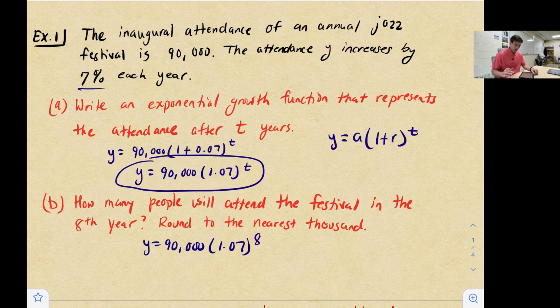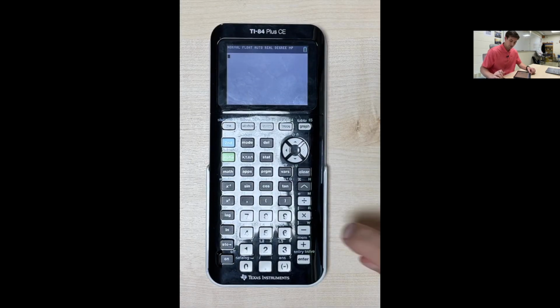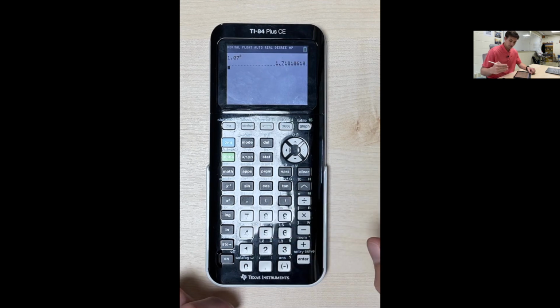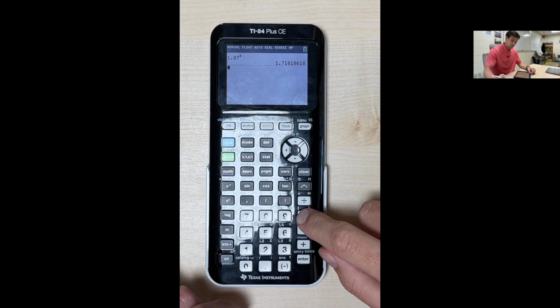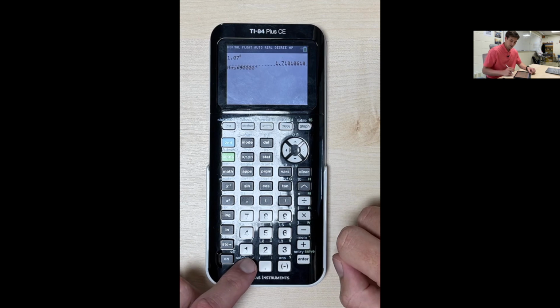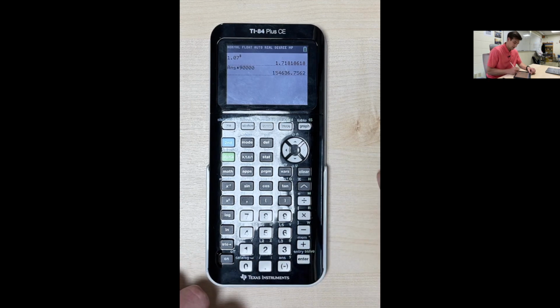Now we can take our calculator, and we can type in 1.07 raised to the 8th power, and we get 1.718, and so on and so forth. So now I'm just going to use my calculator, leave that long decimal in there, and multiply that right by 90,000. So I'm going to hit times 90,000, and we get y equals